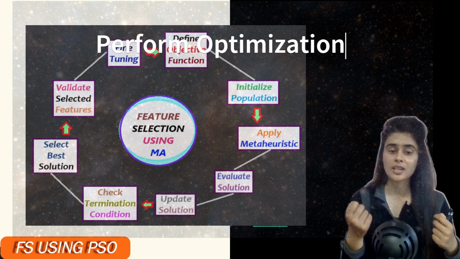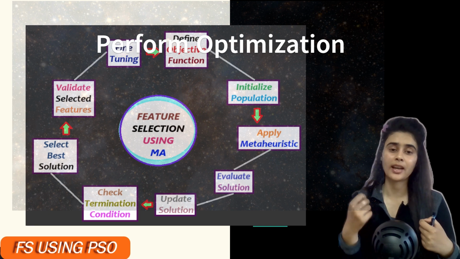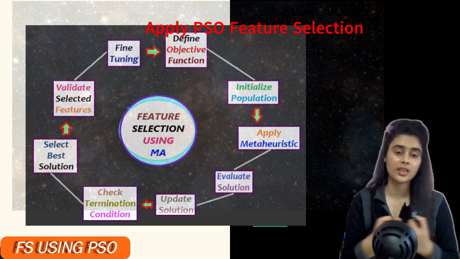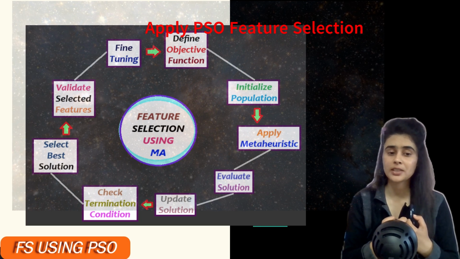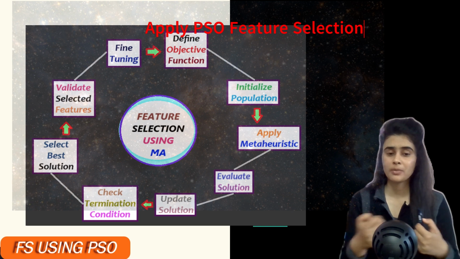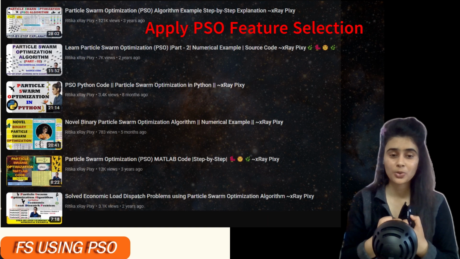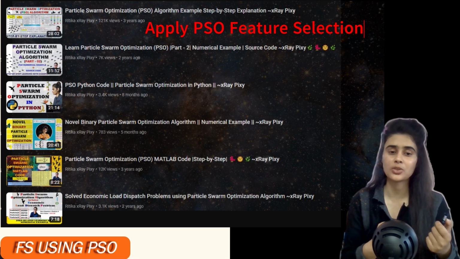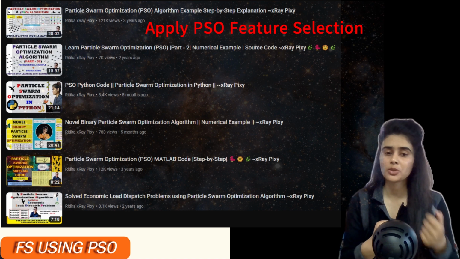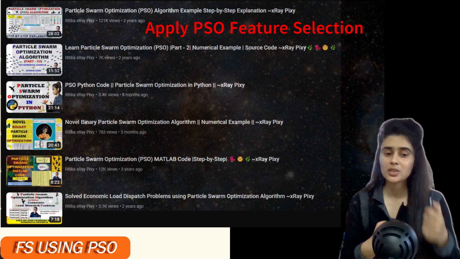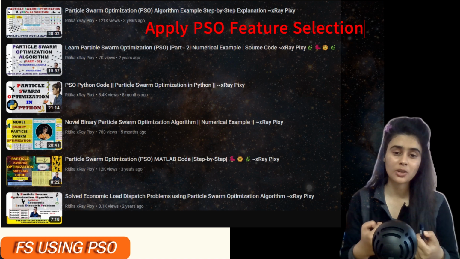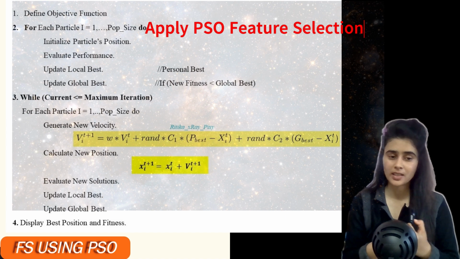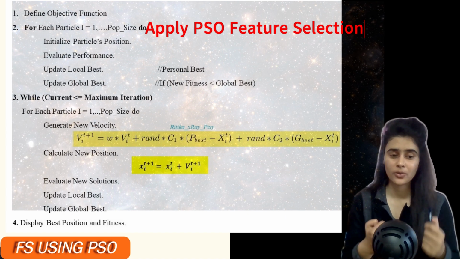Now we will try to understand how we can perform feature selection, and we will use here the particle swarm optimization algorithm to perform feature selection. Here, instead of the particle swarm optimization algorithm, you can use any other metaheuristic algorithm. And if you are new and you don't know this algorithm, then we already discussed this algorithm in detail using numerical examples, Python code, MATLAB code, and others. You can check this video for more details. So right now we will just follow the particle swarm optimization algorithm's main steps, and then we will know how we can perform the feature selection.